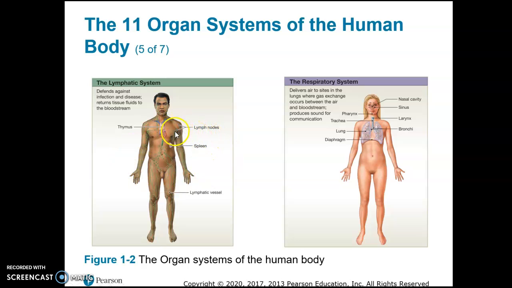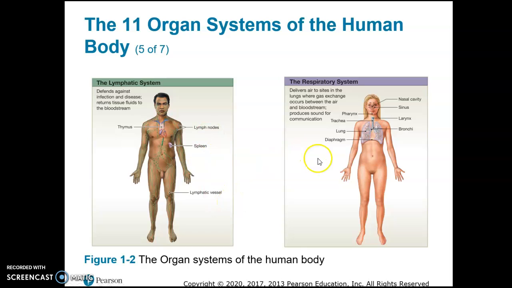You have lymph nodes concentrated in your armpit and your neck and your groin area, and they swell up when you're sick. So the lymphatic system has a function in controlling levels of body fluids, and also in defense